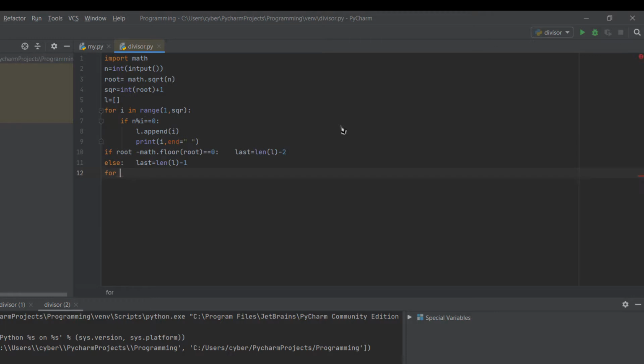So now let us just go through this list L in a reverse order. For that we are going to use J in range. We are going from last. You can just use our variable last till -1. It will stop till 0, and here we are.